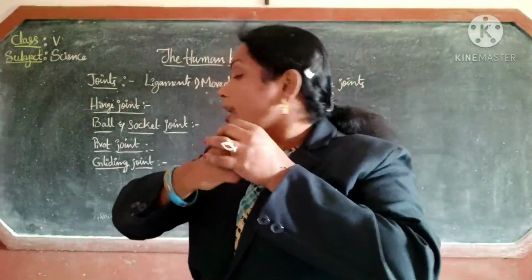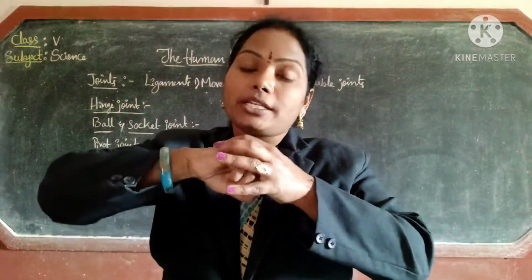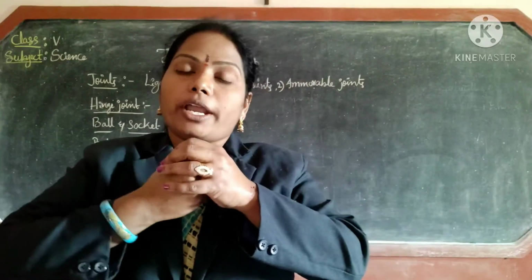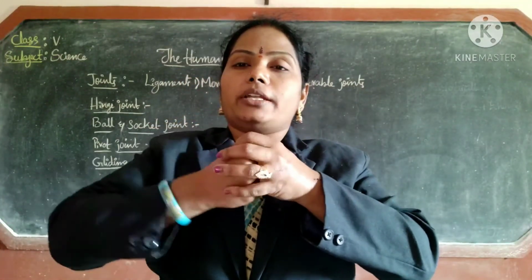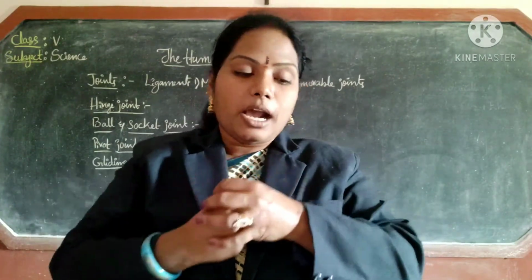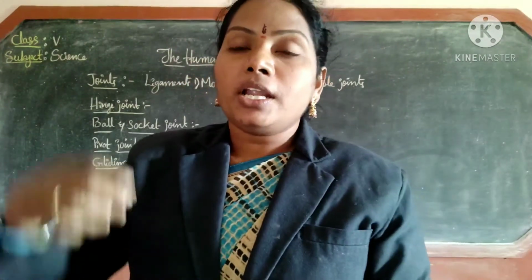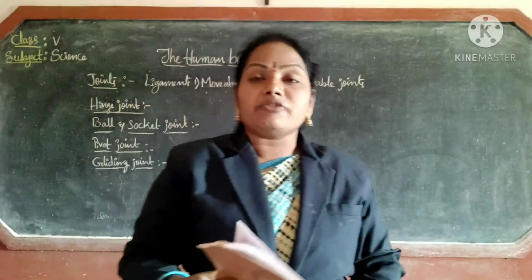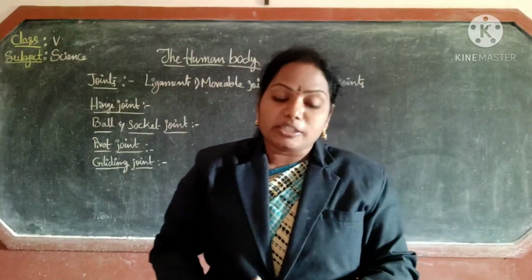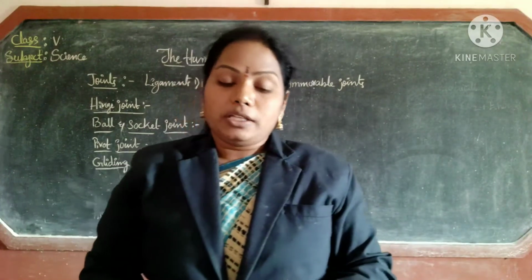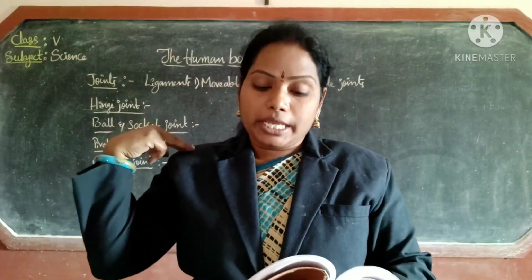This is nothing but a ball and socket joint. This is a socket and ball. Ball and socket, it is moving like this. Understood? Which one? This one? Shoulder. So we can swing our hands freely around the shoulder. It is because of the type of joint which we have here.